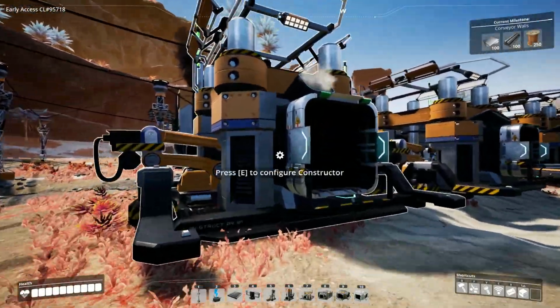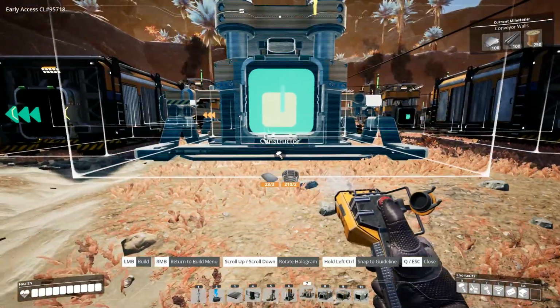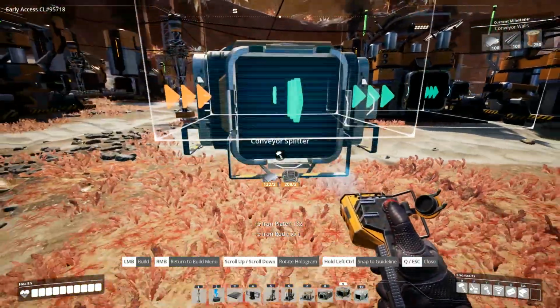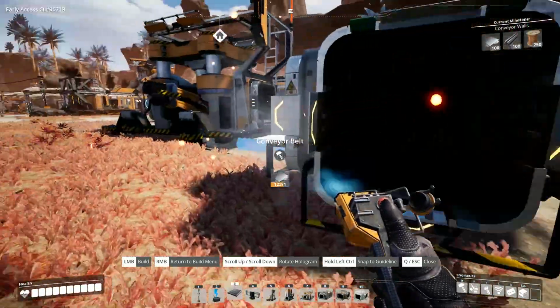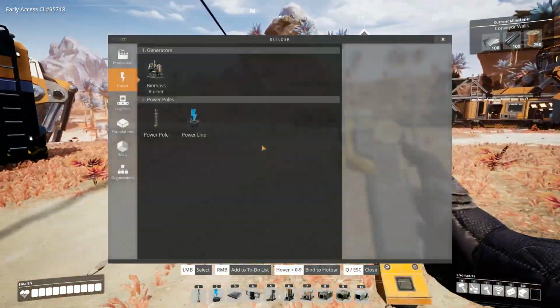Now this, we want to split one off into another constructor, which we'll put there. I'll have to pick you up for now. And we'll put a splitter down right here. And that can go in there. This side can come out here. This will make screws, and then we will have...